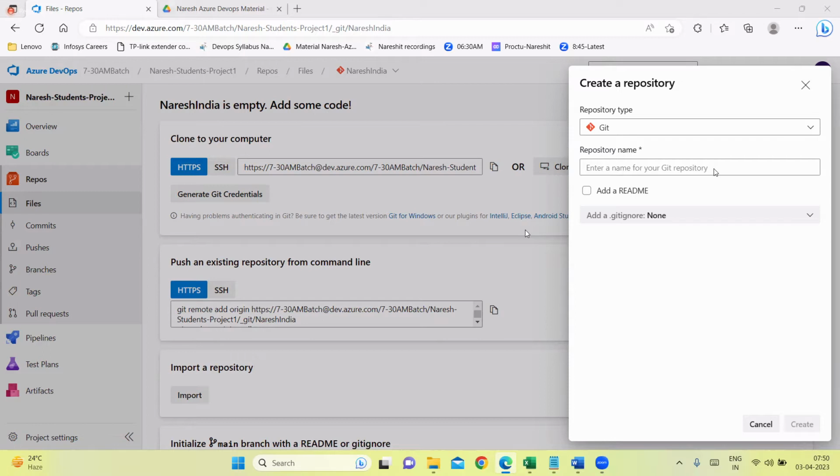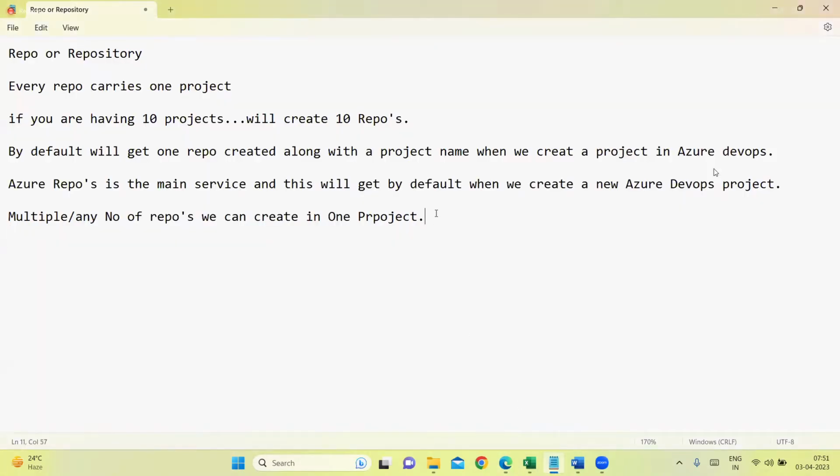Okay. Git is required. Git will come automatically. Why is Git coming? Because when you created this Naresh student project, you considered the version control as Git. So automatically it will come here as Git only. Okay. And I have told this earlier also. Again, I'm telling you,